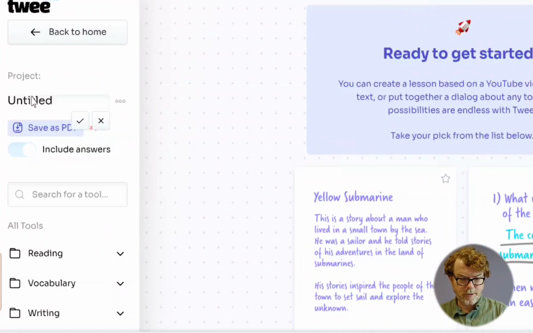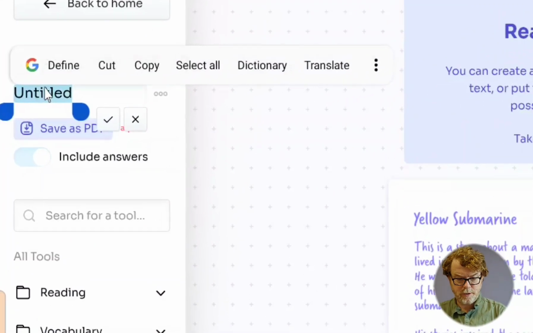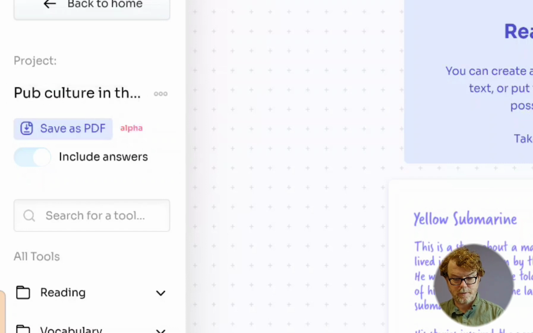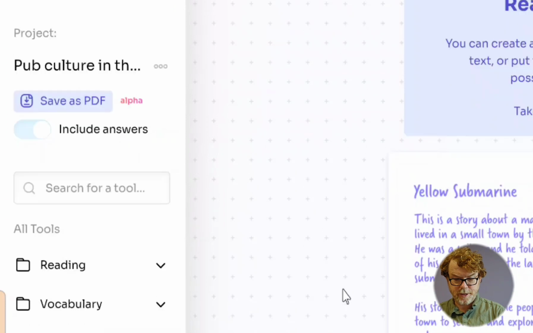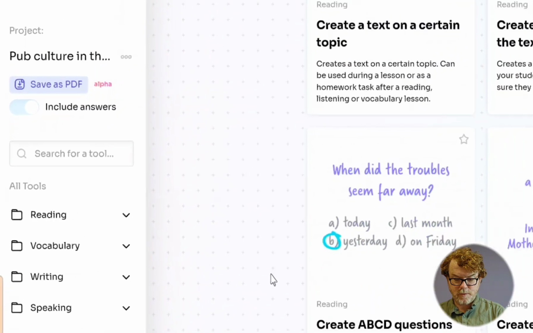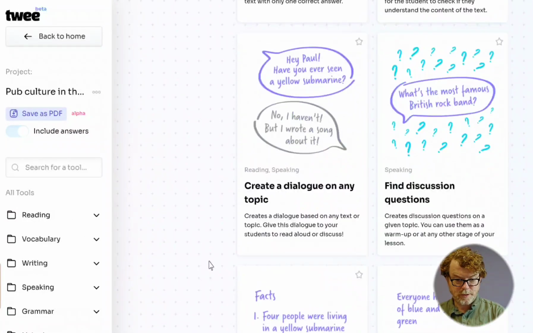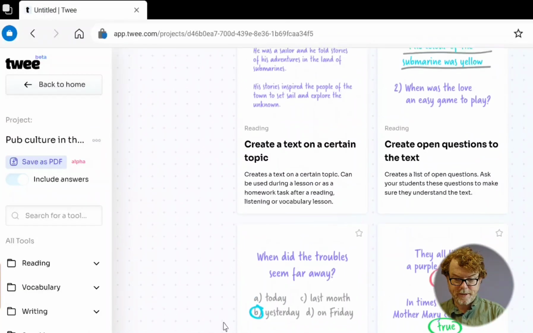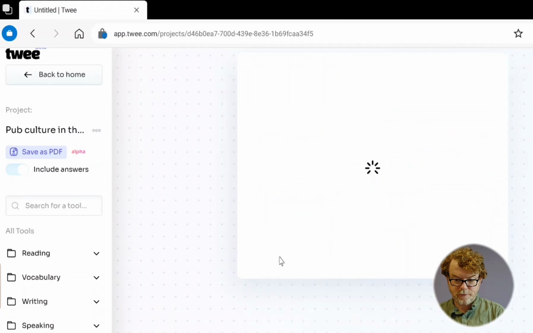So I'm going to come over here and give it a title. I'll just call it Pub Culture in the UK. Okay, and just click create there. Okay, so that's created that title and that project for us. I can then find a particular tool to include. So let's start perhaps with a text. So if I click on this, create a text,